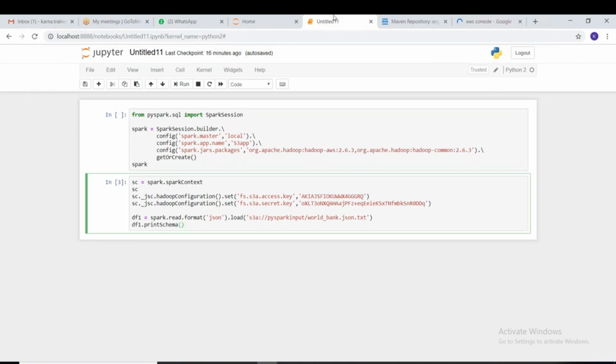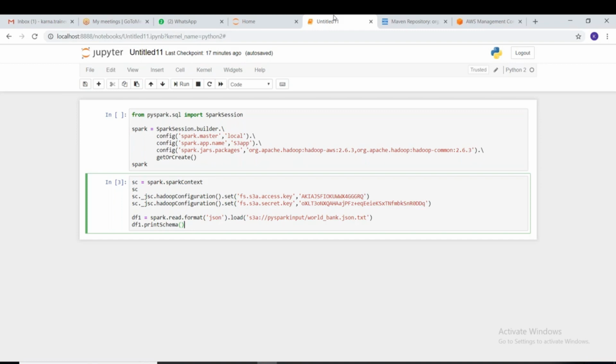What happens? The version of Spark, the version of Hadoop and the version of Java all have to match, guys. I'm not sure. I did not check whether this version of Spark supports reading from S3, because AWS doesn't support all the versions, so it has certain restrictions.